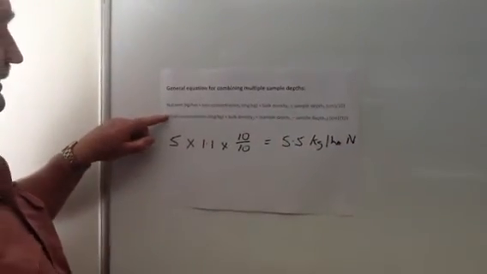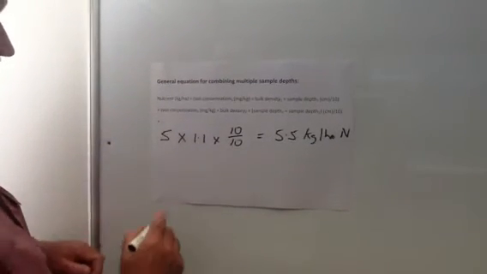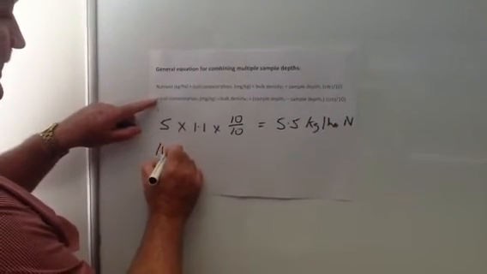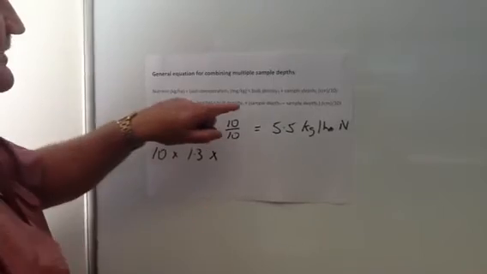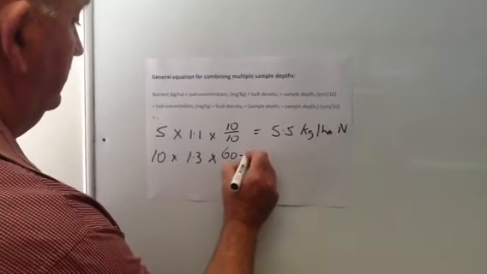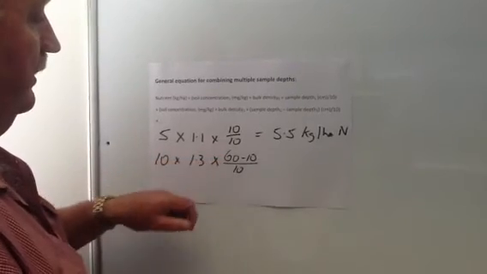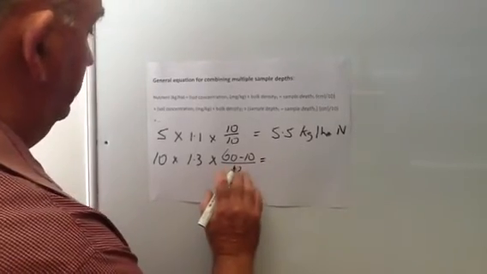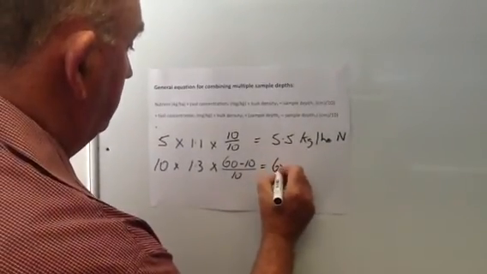Then we work it out for the second layer, and you can have 3 layers here or even more, like you could have a 60 to 90 if you took a 90 centimetre sample, but in this case we've just got the 2. So the soil concentration for the second layer was 10 milligrams per kilogram, by the bulk density, which was 1.3, by sample depth 2 minus sample depth 1, which is 60 minus the shallow depth 10, over 10. So that's 50 over 10, so these are 5 layers, if you like, of 10 centimetres, or 5 million parts, and that equals 5 by 1.3, 6.5, by 10 is 65 kilograms per hectare of N,